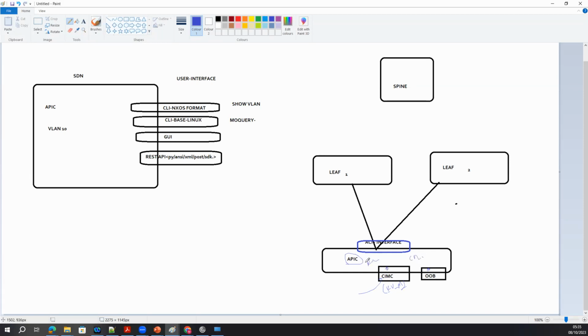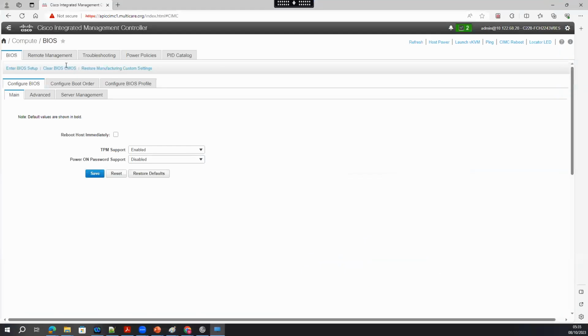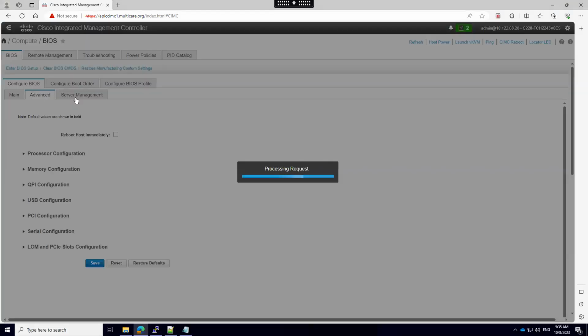A lot of bundles are integrated inside your BIOS version. So when you upgrade your CIMC interface, you have to upgrade everything. You cannot just upgrade a single piece and be free.